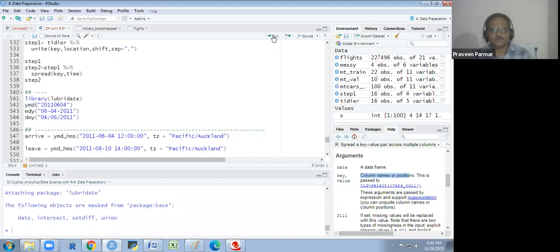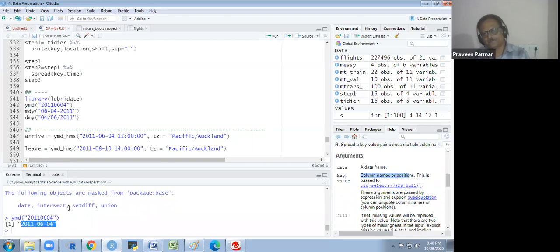So I run this and I will get the basic format of R: year hyphen month hyphen day. So whenever you have a date, you have to understand that pattern and write it outside.